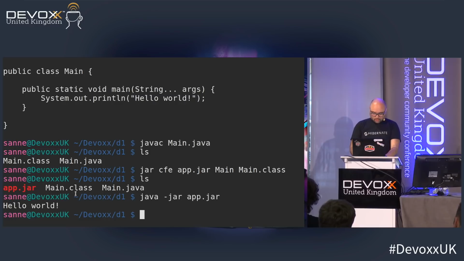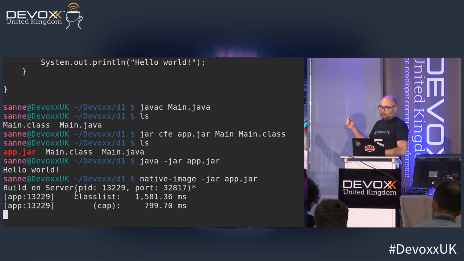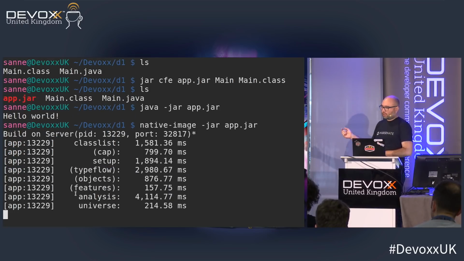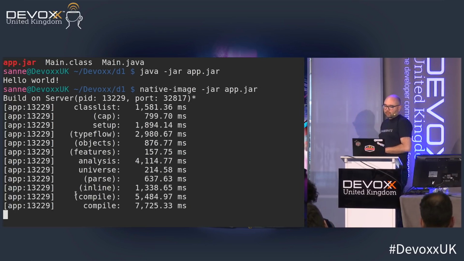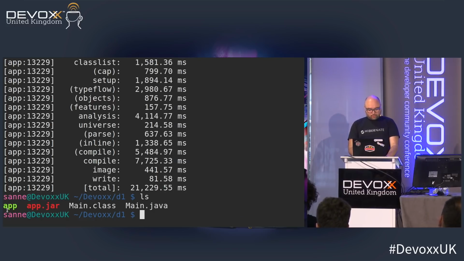Now the next step is really just running native image and saying I want to convert a jar, and it's the app jar. This is starting a JVM in which the GraalVM compiler is running, and it's analyzing this jar very thoroughly, and also all its dependencies, like in this case the JDK. So this application is not that small: many modules from the JDK are being compiled as well. And there are some more components from Substrate VM, which replace some components in the JVM, which make it possible to output this little